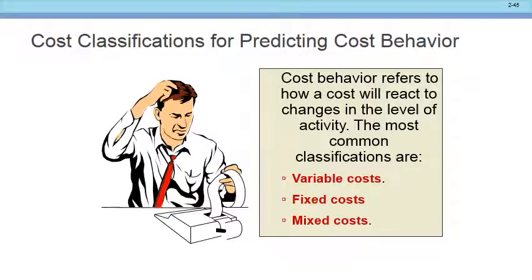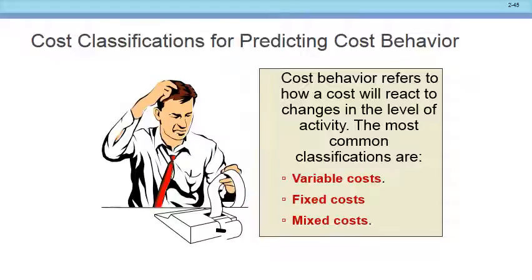Okay? So your utility would be a true mixed cost, wouldn't it? Your utility would be a mixed cost. What else might be a mixed cost? Both variable and fixed components. Well, utility is probably the best example. I want to force myself to come up with another example. When I've got utilities there, it's got a fixed and a variable component. It's mixed, right? Okay?